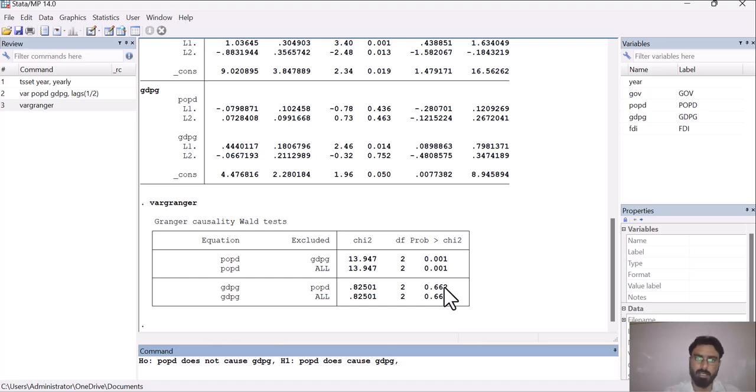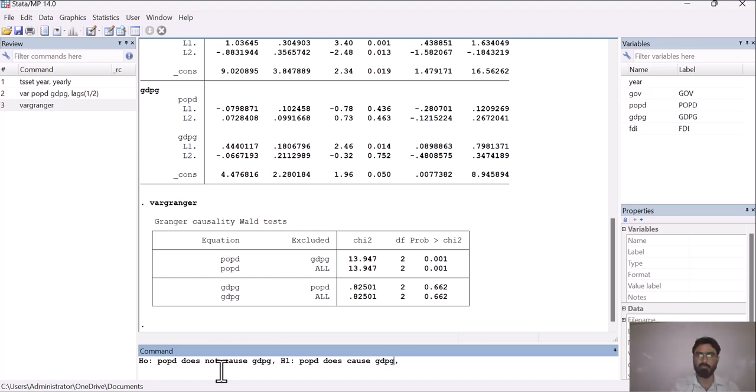If the probability value is less than 0.05, then we have to reject the null hypothesis. But in our case, the probability value is greater than 0.05, which means that we have to accept the null hypothesis. So when we are accepting the null hypothesis, it means that POPD does not cause GDPG.